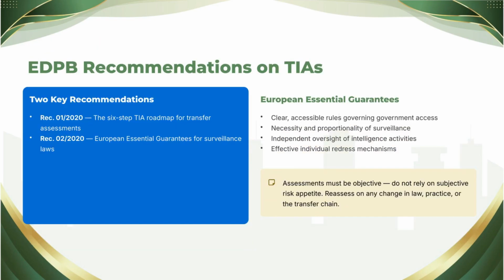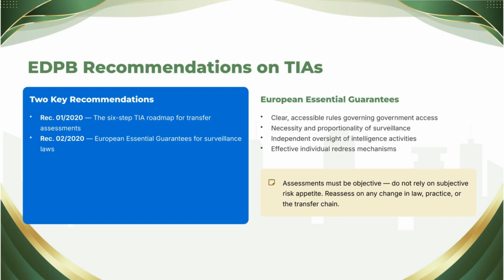Let's consolidate this chapter's methodology by giving its 2 source documents their proper place, because exam questions cite them by name and practitioners live inside them. Recommendations, January 2020, on supplementary measures is the operating manual, the 6-step roadmap you now know, the 3 families of measures, and, invaluably, annexed use cases showing where transfers can be saved and where they cannot. The document's quiet radicalism is worth appreciating. It converted Schrems II from a court ruling into a repeatable professional procedure, something a compliance team can actually execute,